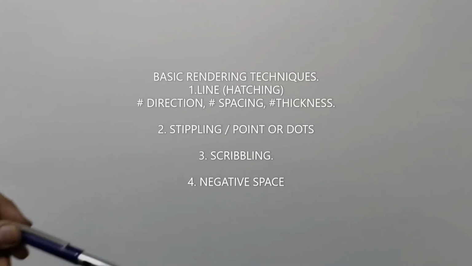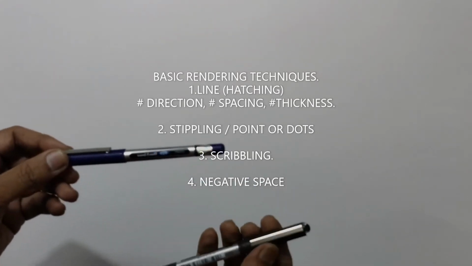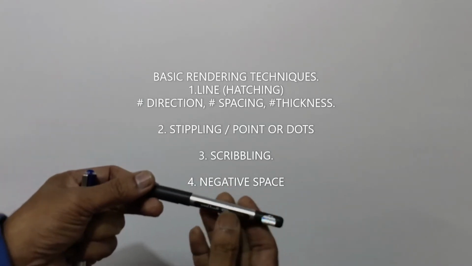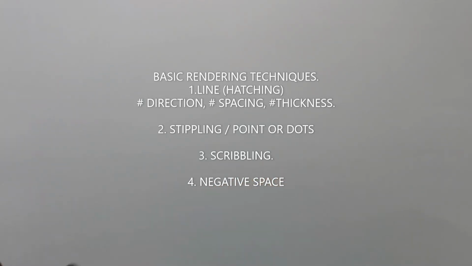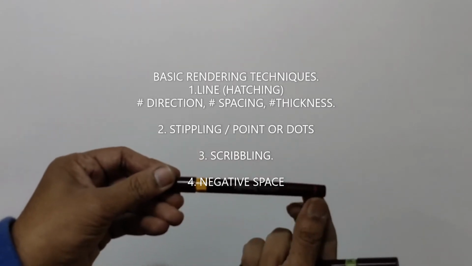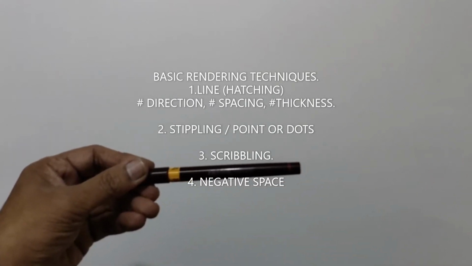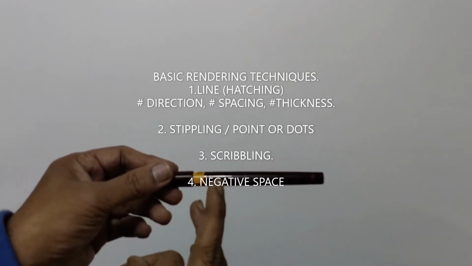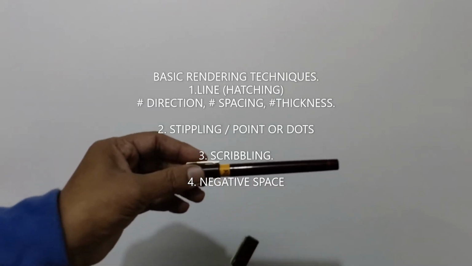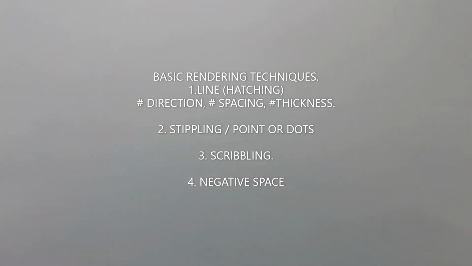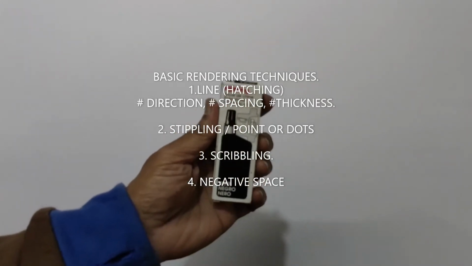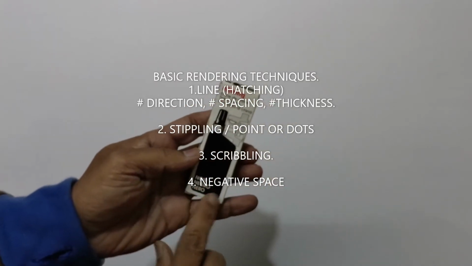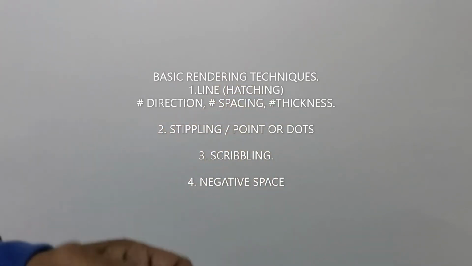Here is one more pen. Usually I use this Uniball I Micro, and again you have different colors. This is nearly 0.3 thickness, and you have a very high grade technical pen, Isograph or Rapidograph. Rapidograph or Isograph is Rotring. It comes in 0.2, 0.3, 0.5, 0.8 and other sizes also. For Rotring you have Rotring ink, meant for these pens. You can refill, and filled cartridges are also available.